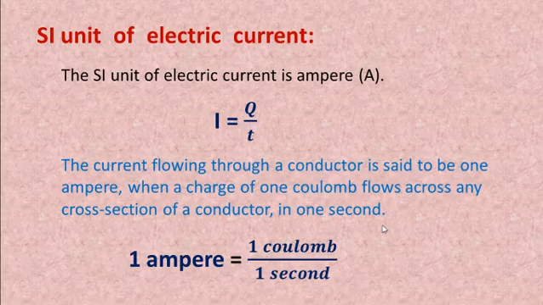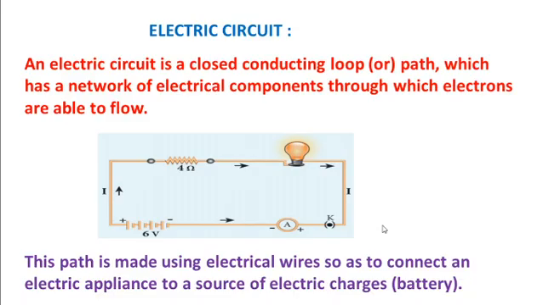Then we move to the next one, electric circuit. To represent an electrical wiring or solve problems involving electric circuits, the circuit diagrams are made. The four main components of any circuit, namely cell or battery, so here we use 6 volt, a combination of cells or battery, connecting wire, then switch, so key, switch, then resistor, okay, 4 ohms.